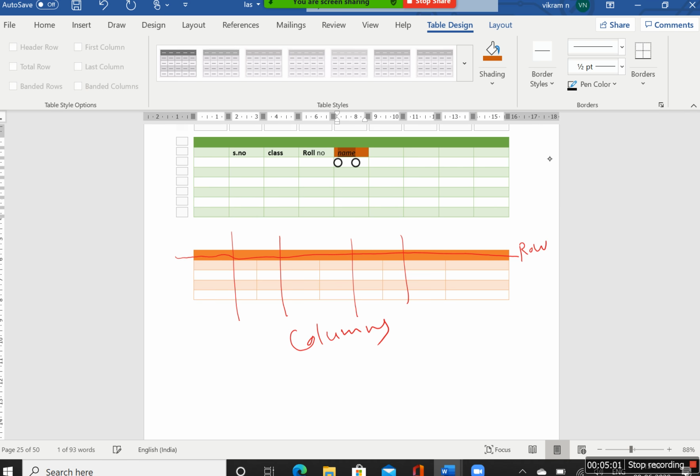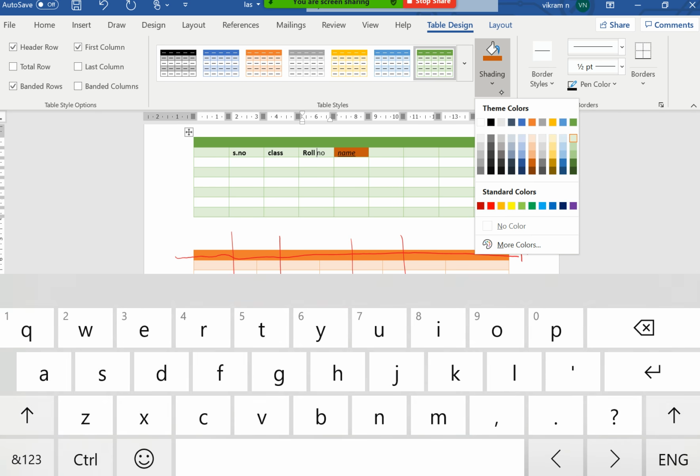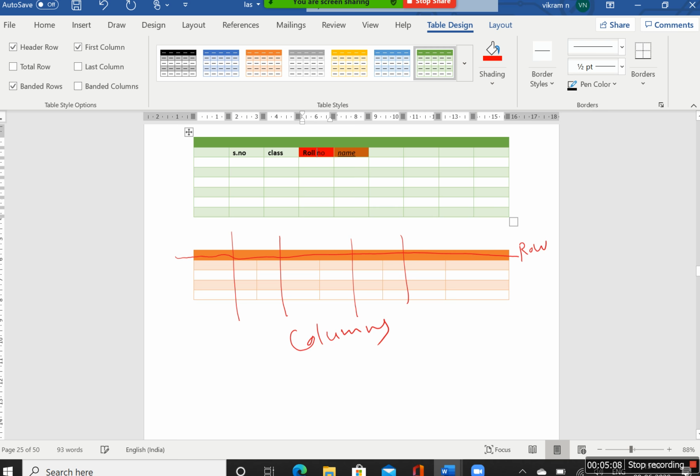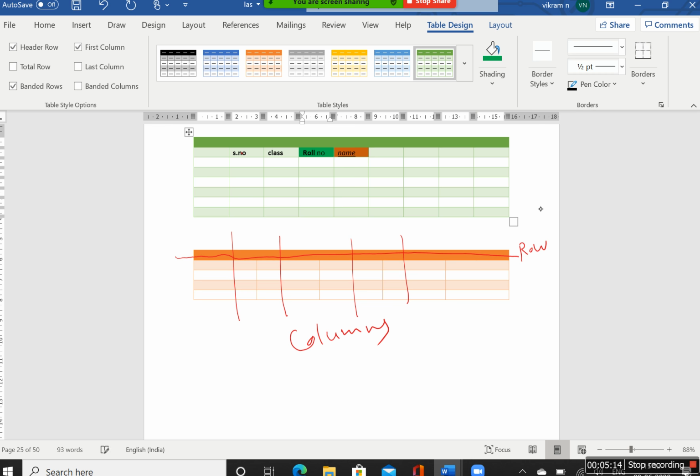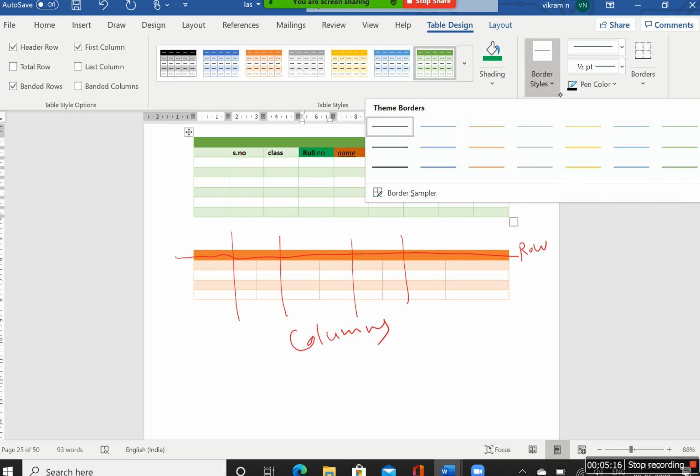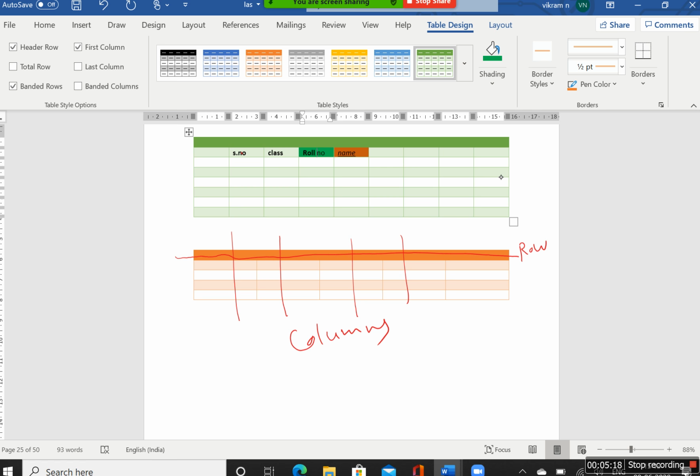Depending upon your requirement. See, after that template as well you can change depending upon your requirement, whatever you require by following here shading option. Click the cursor over there and you can go for shading option and select the border style, what you require, the borders.